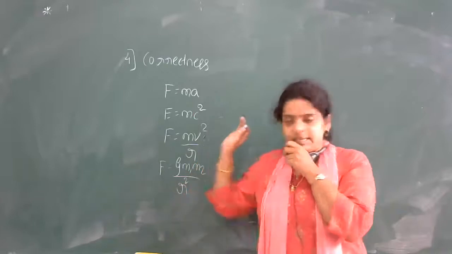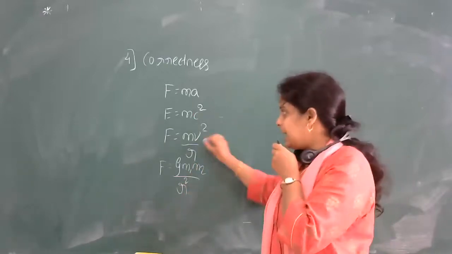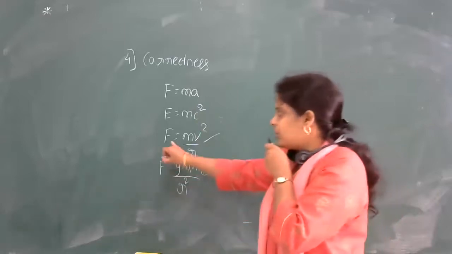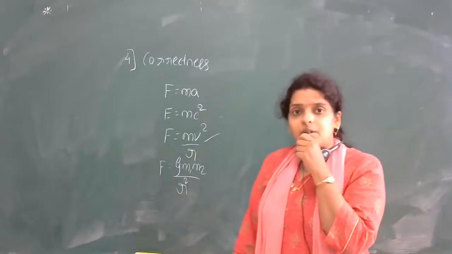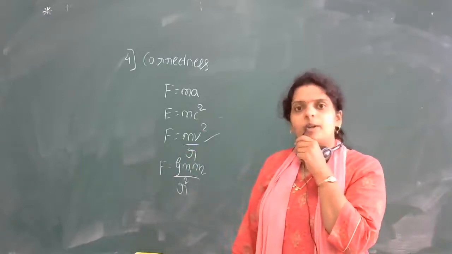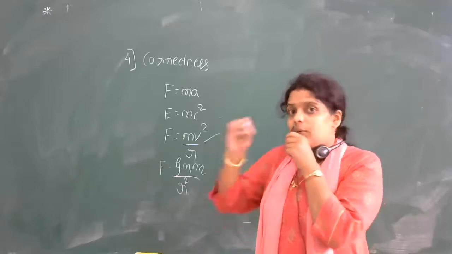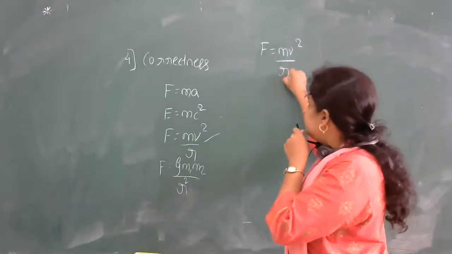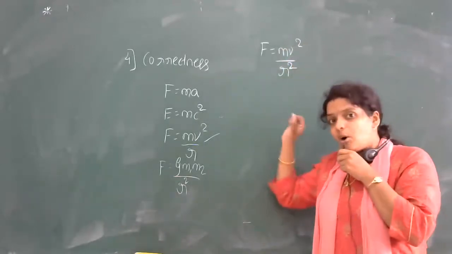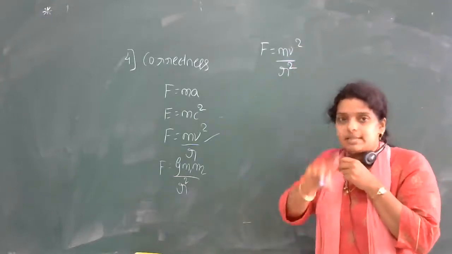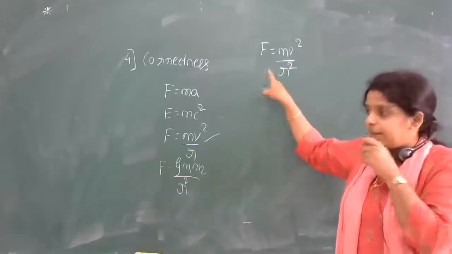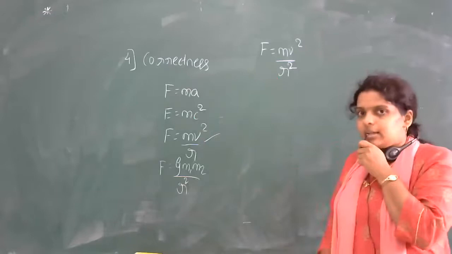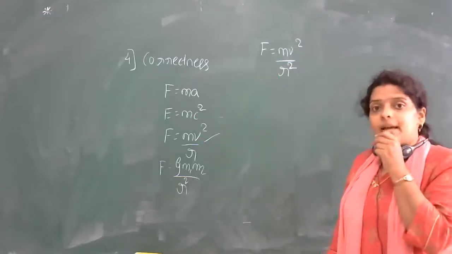How? I'll explain. Here I'll take one example, the third one. What is this equation? F is equal to mv square divided by r. Which expression is it? It is the expression for centripetal force. But I'll take the equation as F is equal to mv square divided by r square. I am taking it wrong on purpose, to prove your statement is correct. See, I am taking it as F is equal to mv square divided by r square. But the actual formula is mv square by r.